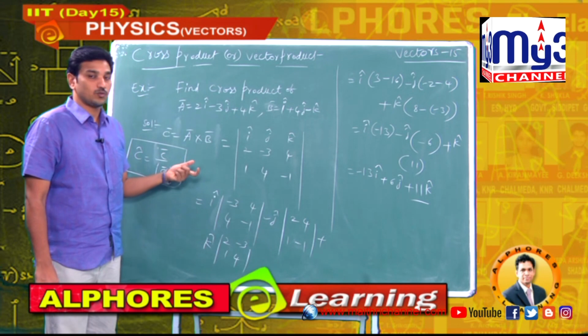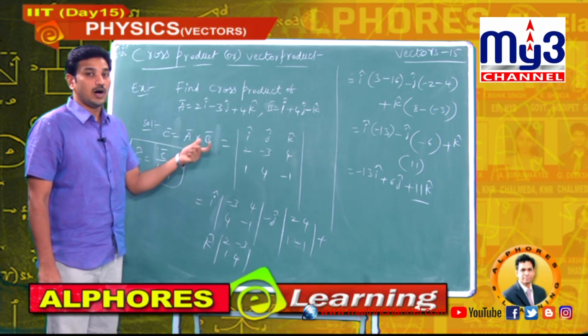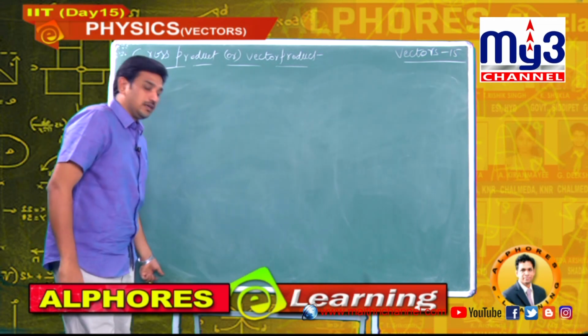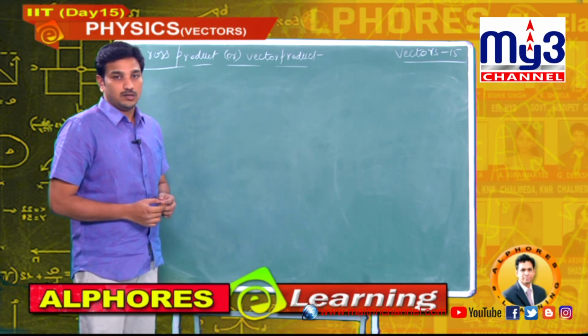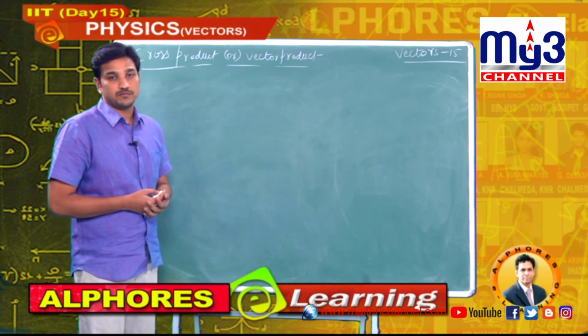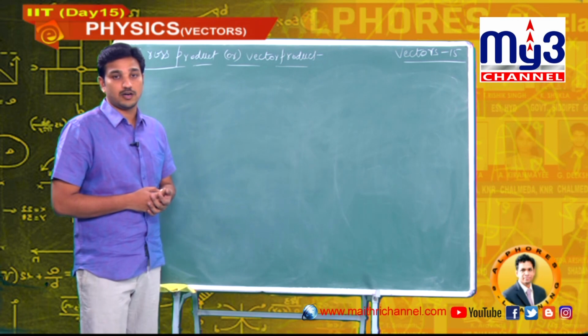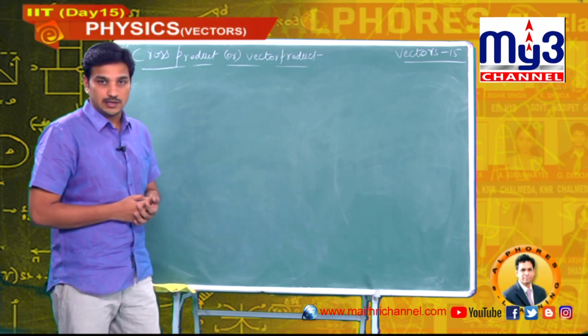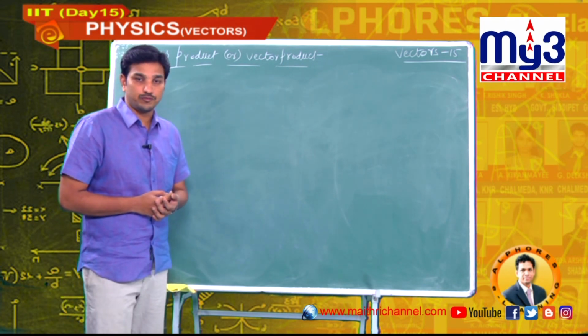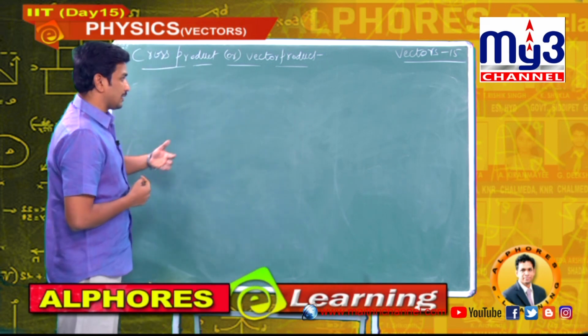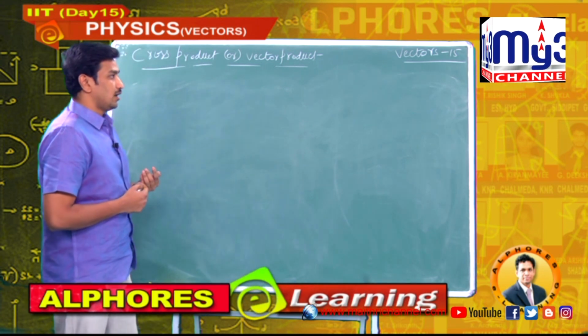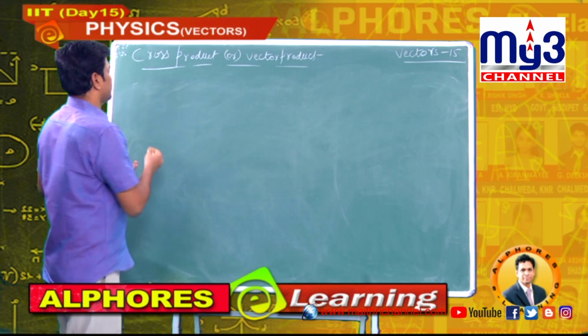Even though we discussed it, once again I am recalling how we solved the question. See, one more thing: if two vectors are parallel, we know the condition is that the cross product is 0. What is the reason? Yesterday I showed you with different examples. Directly using that concept, this is how they will ask you the question.